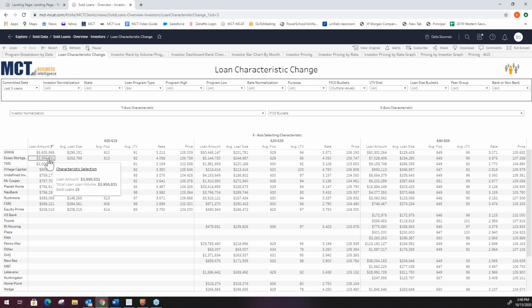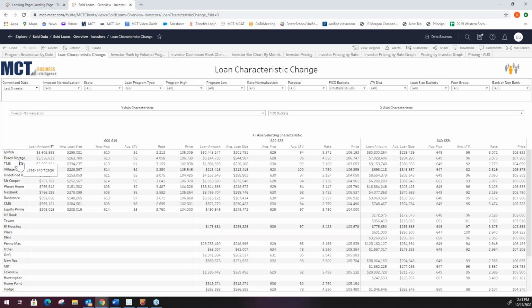Ginny. And then next here, and this is going to be a little plug for our BAM marketplace for those of you who are maybe not utilizing it, I can see that Essex Mortgage is actually taking a decent amount of volume in that lower FICO range. So if I can't sell direct to Fannie, I'm looking at this data here. Maybe I'm not selling direct to Fannie, but I would have the option through MCT to use BAM Marketplace and